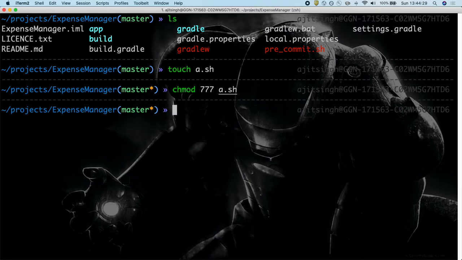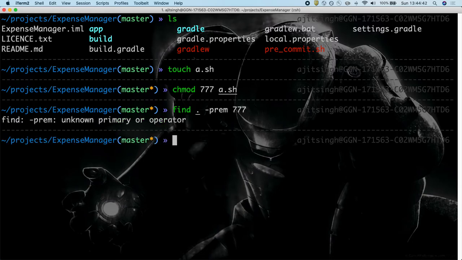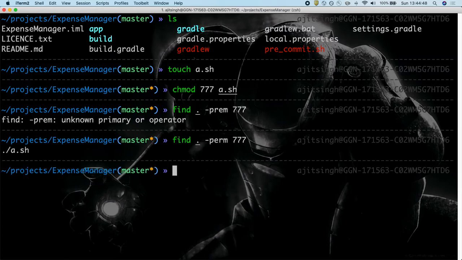Now if I look for a file which is executable, I can use find . -perm for permission and pass in the permission. The spelling is wrong. Yeah, so now it's giving me the file which has the permission with the octal number 777, which is executable.